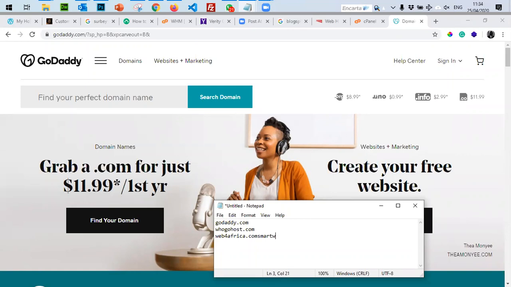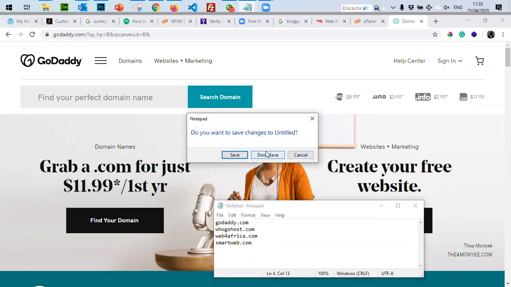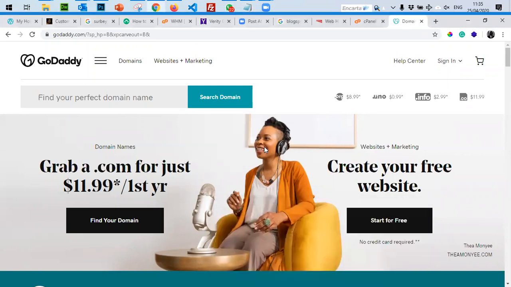So on this website, you can register your domain, for example smartweb.com. On these hosting websites, you can pay for a domain and hosting. They usually sell them together because most people don't register a domain when they don't intend to develop a website. Like I mentioned, a domain name could be any name that you prefer.